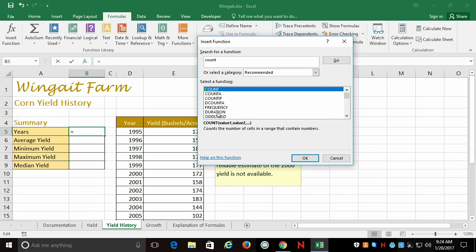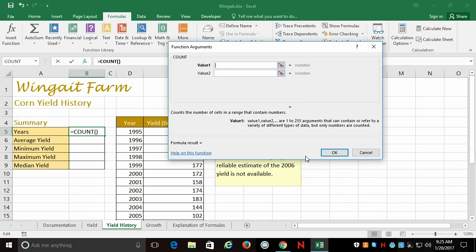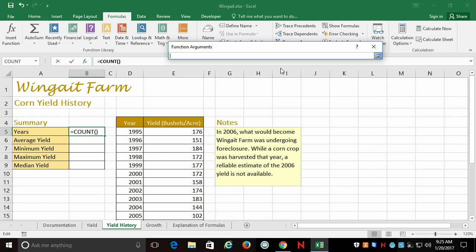So I said I'm going to click on OK, and instead of me typing, this is more of a way of pointing and clicking, and it says count the number of cells in a range containing numbers. It gives you the thing. It tells you the arguments. You see value 1 is bolded. What does that mean? It is required. Value 2 is not. That means it's optional. So I'm going to click on the little spreadsheet here. I'm going to click on column E,